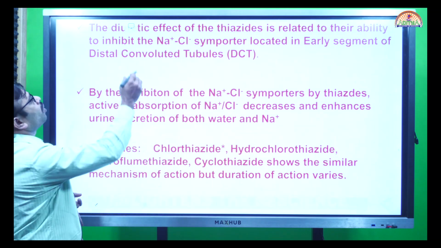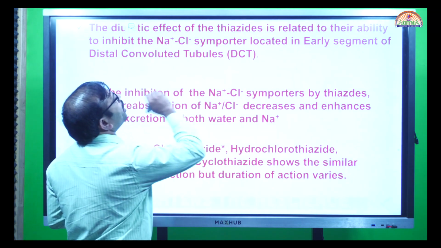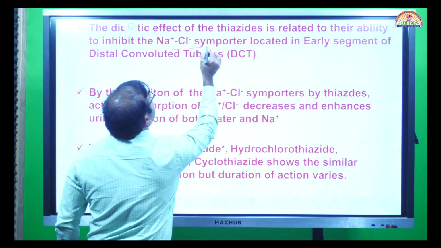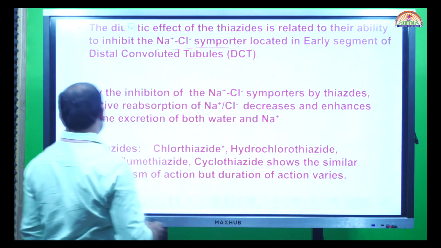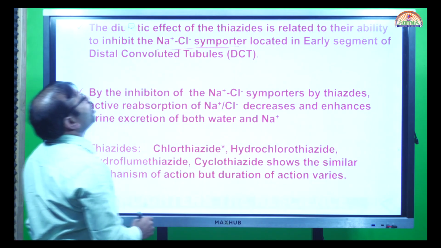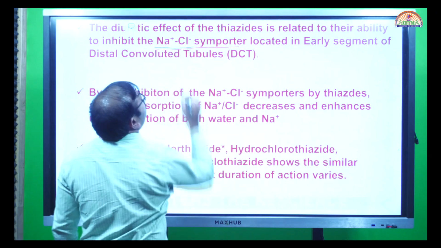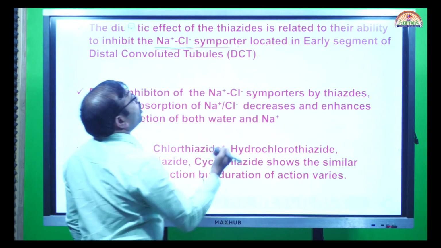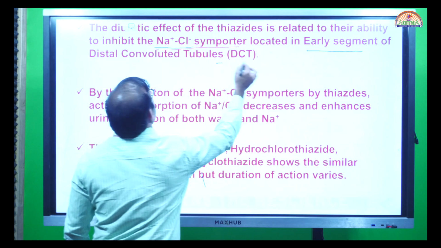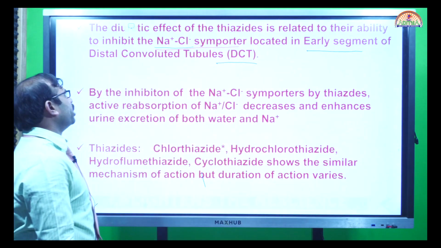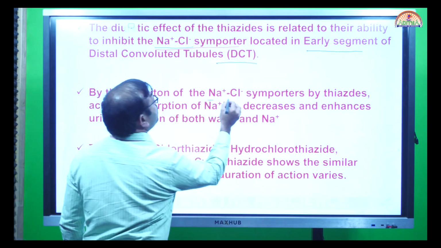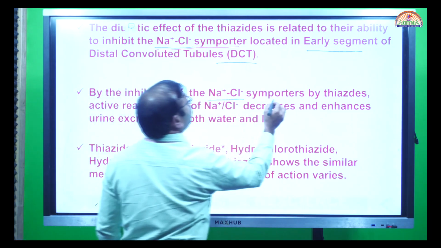The diuretic effect of the thiazides is related to their ability to inhibit the Na+ and Cl- symporters, located at the early stage of the DCT, the distal convoluted tubule. So by the inhibition of the Na+ and Cl- symporters by thiazides,